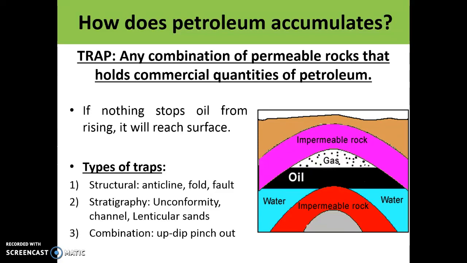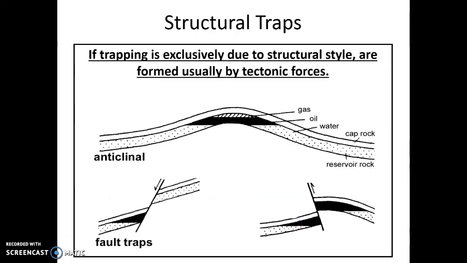Traps can be rocks that do not allow any fluids to pass through them, or faults in the rock that can trap the petroleum. So we have three types of traps: structural, stratigraphic, and combination. For structural traps, the trapping is exclusively due to structure, and they are formed usually by